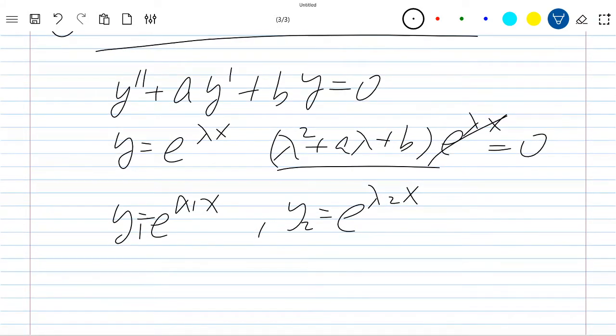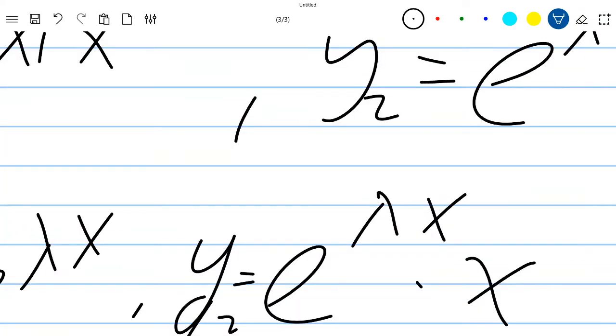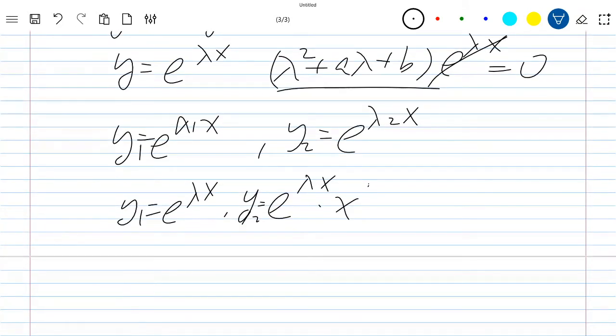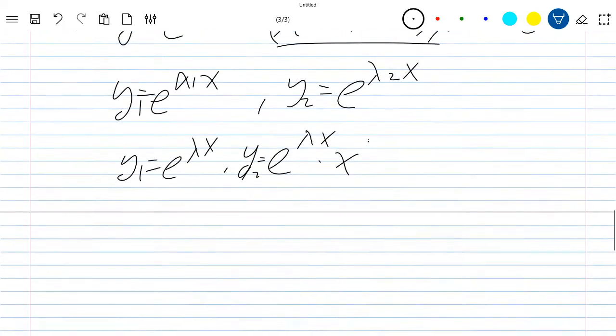And if lambda 1 happens to be equal to lambda 2, then it would be e to the lambda x and e to the lambda x times x. Right? And if they are complex numbers, then you can write down the real part and the imaginary part. And the imaginary part in the exponential function will become sine and cosine. Okay. And the other special case is